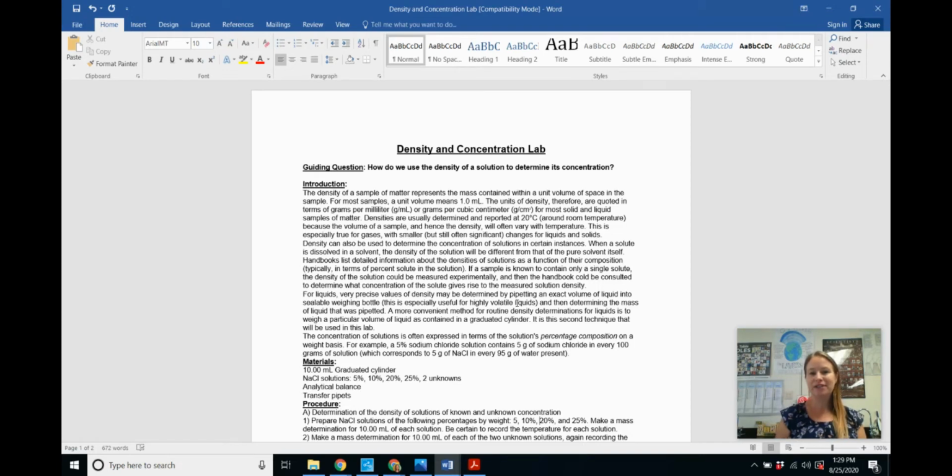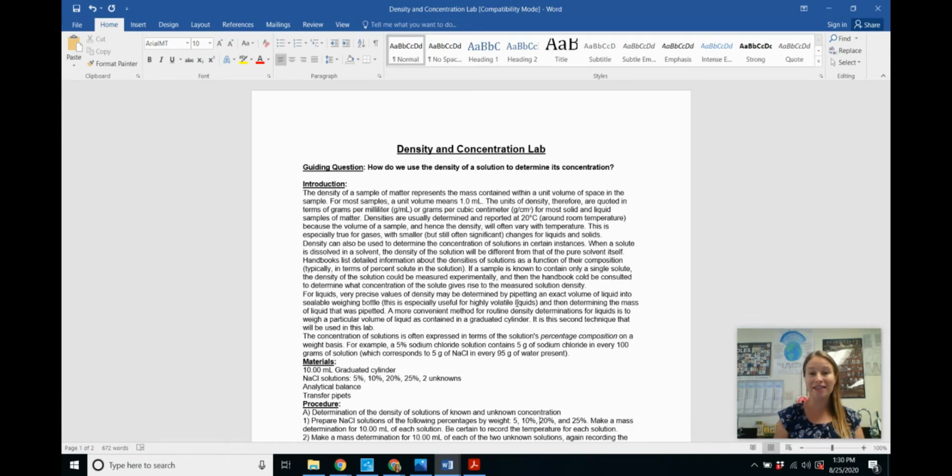The density of a sample of matter represents the mass contained within a unit volume of space in the sample. For most samples, a unit volume means 1 milliliter. The units of density, therefore, are quoted in grams per milliliter or grams per cubic centimeter for most solid and liquid samples. Densities are usually determined and reported at 20 degrees Celsius, which is around room temperature, because the volume